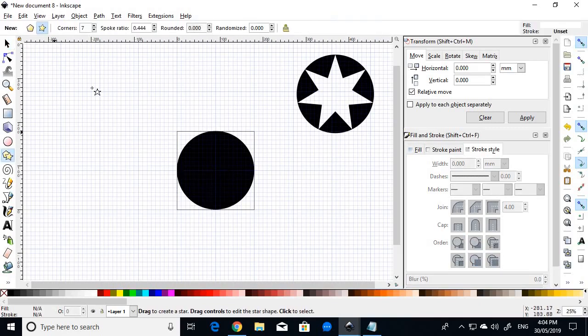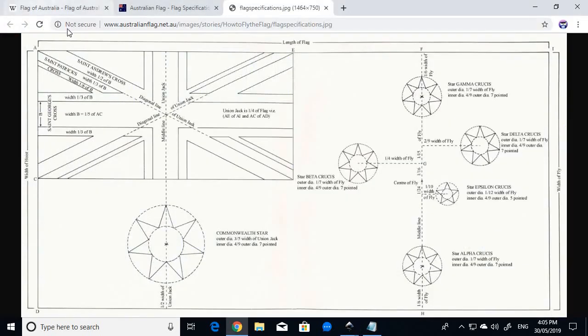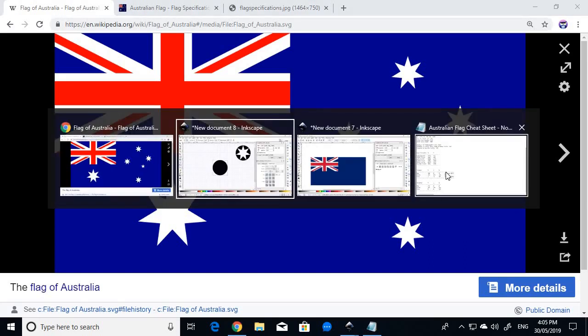Go back to our star tool, and we change our number of corners to 5, because remember, in the flag, there's just one star, which is 5 points, not 7 points, and that's the smallest star of the Southern Cross, Epsilon Crucis, it's called. So we'll go back to Inkscape,